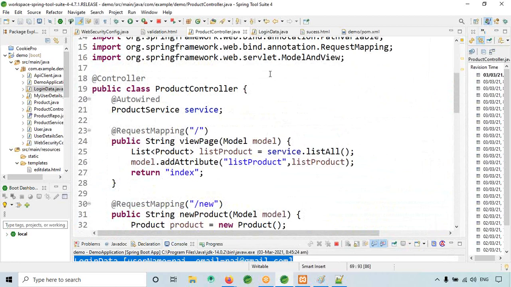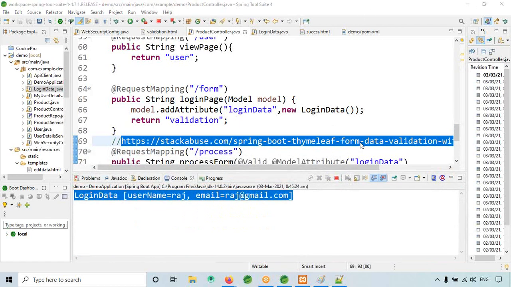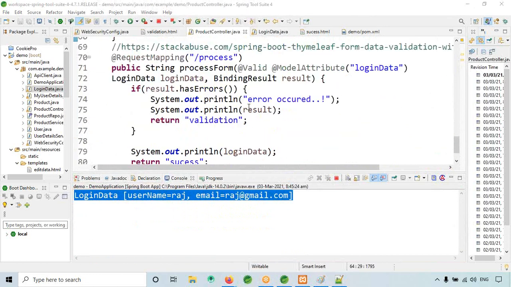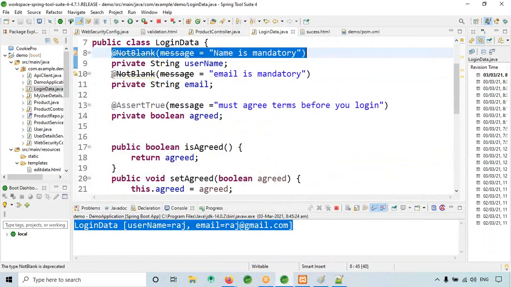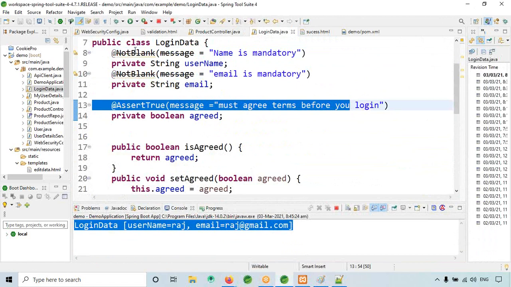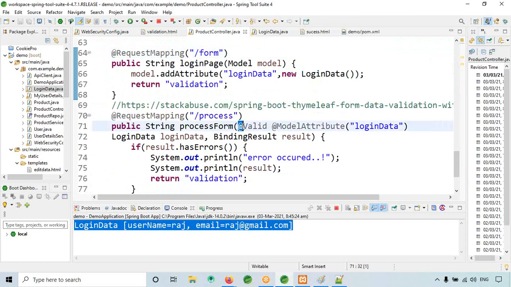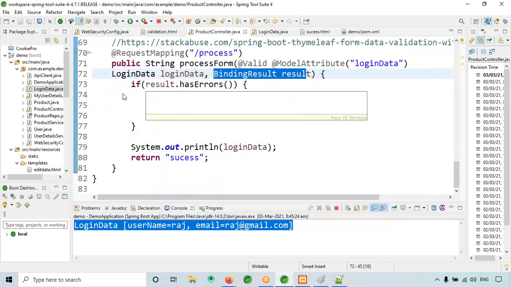Do you have any doubts? No, nothing so far. Just practice it. While practicing, you will face some errors or issues, and then I think you will get it. Just follow the steps, as I told you. Put not empty or not blank, like this. In the controller, make sure you are putting valid like this. Then binding error. If you give these two lines, then if you have an error, it will print in the console.